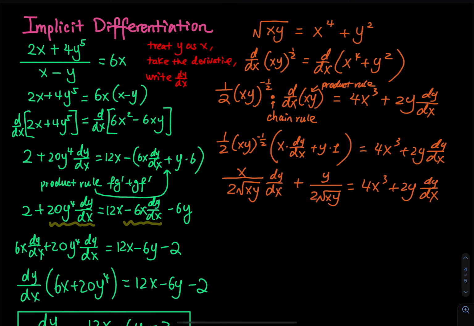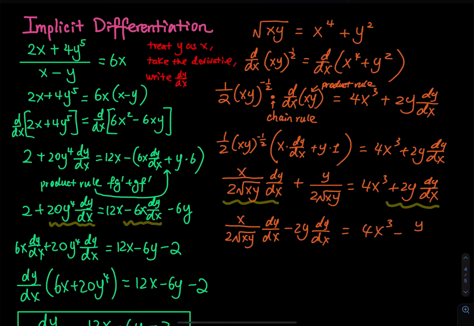Who stays on the left? So this term stays on the left, and then this term stays on the left, and then everything else goes to the right. So we have x divided by 2 root xy, and then dy/dx, and then minus 2y dy/dx equals 4x to the third, and then minus y, and then 2 square root of xy. All right, so once you divide this,